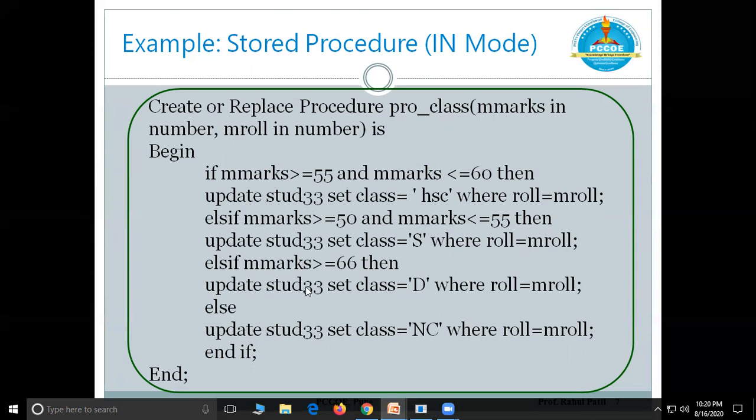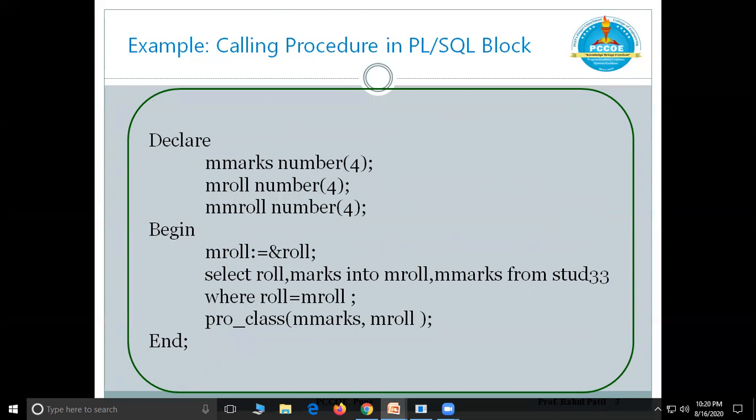Now we need to give these two values as input to this procedure. Nowhere are we giving input; we are just saying that we are expecting marks and roll number as input, and this action will be performed on them. So how do we give these inputs to the procedure? By writing the PLSQL block, which is on the next screen. I have written one PLSQL block, which is an anonymous block.